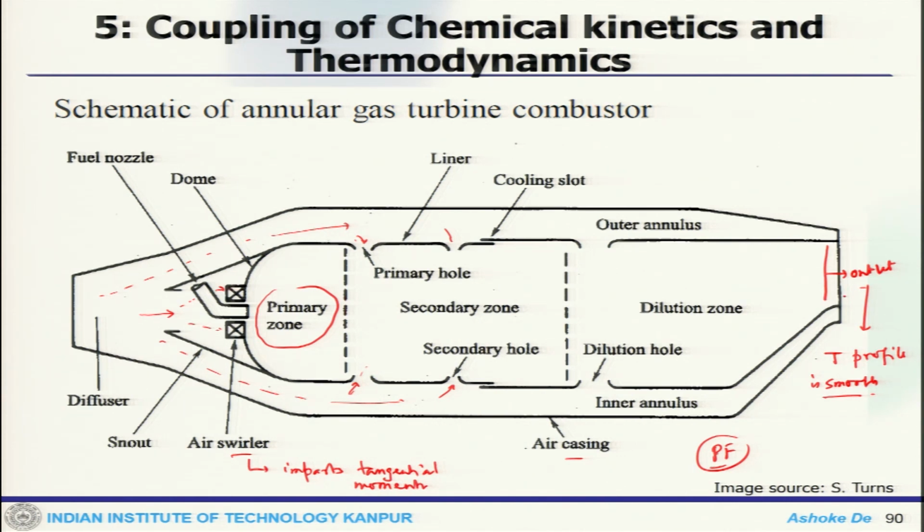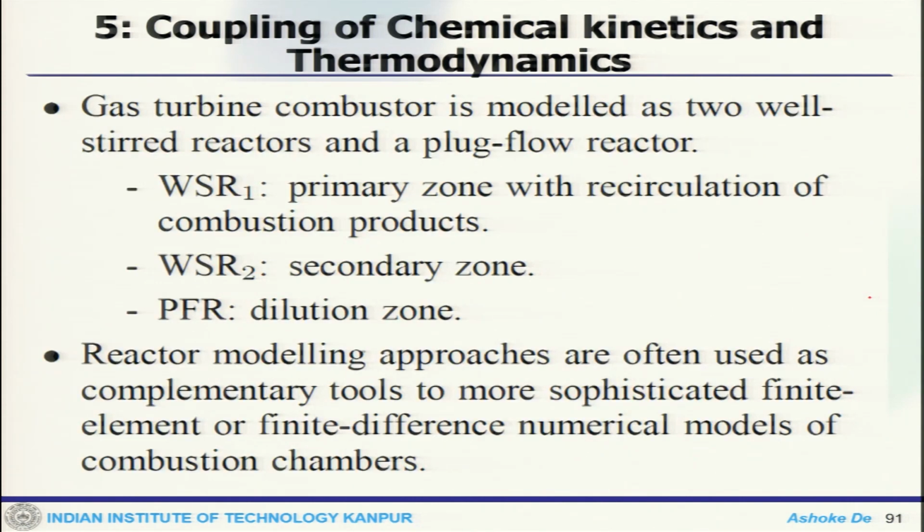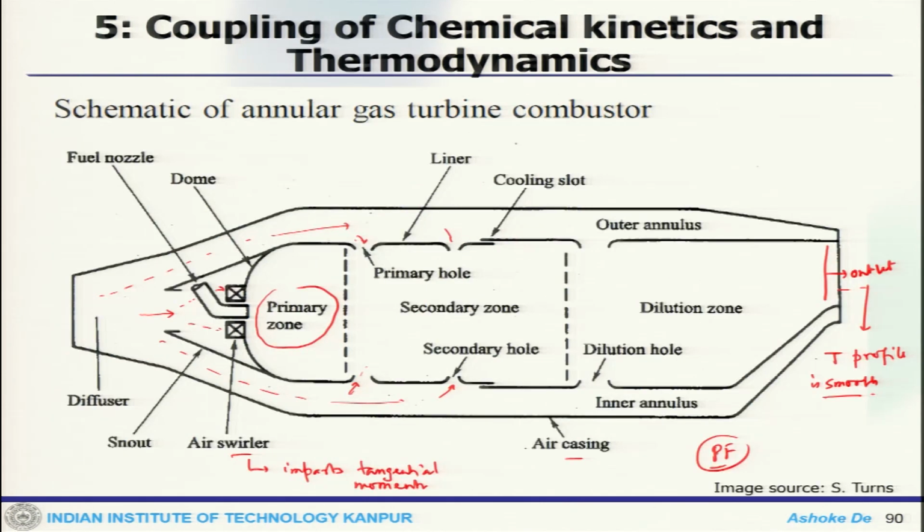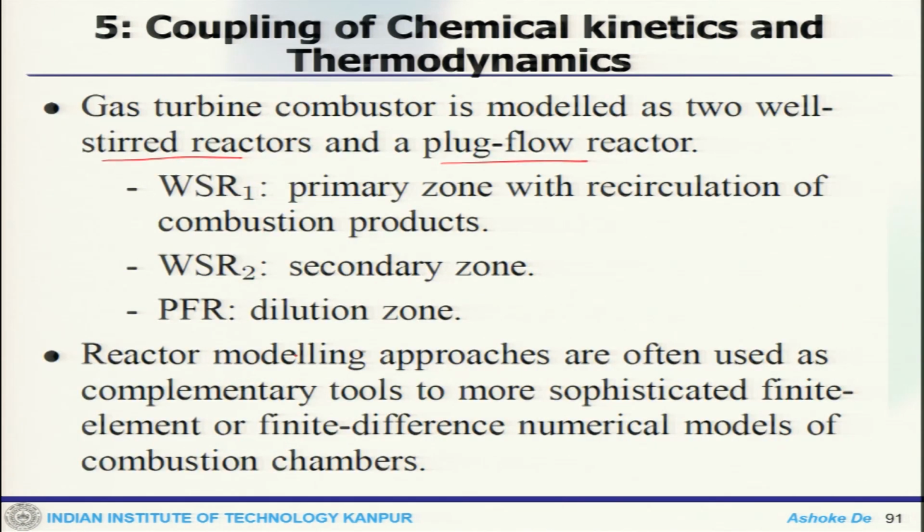That is because the outlet temperature of the combustion product actually goes to the turbine. As we have already discussed, in a gas turbine engine the turbine plays a critical role, because that dictates the rest of the design issues. Now, how do we model these things? It is modeled as two well stirred reactors and a plug flow reactor. So, where are the well stirred reactors? The primary zone is one of them. The primary zone, with recirculation of the combustion product, is one well stirred reactor, and the second well stirred reactor would be sitting in the